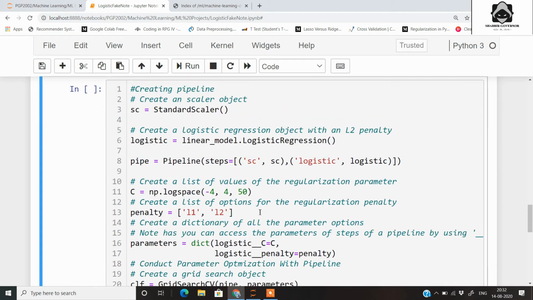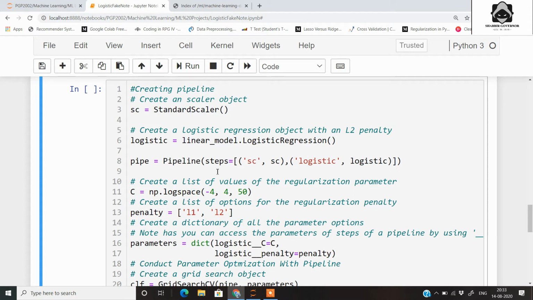So now the next and very important part here is creating a pipeline. The main reason for creating a pipeline is that once splitting is done, if you want to apply the same procedure, like we need to apply the scaling on the test as well as the training part, we can define it in a pipeline itself.